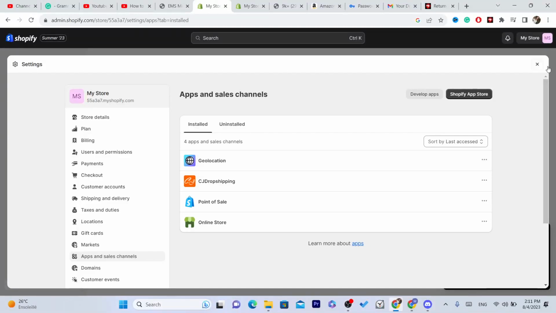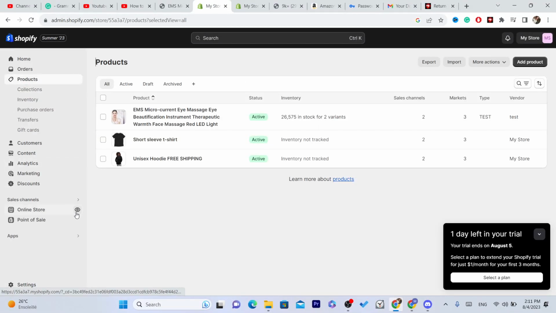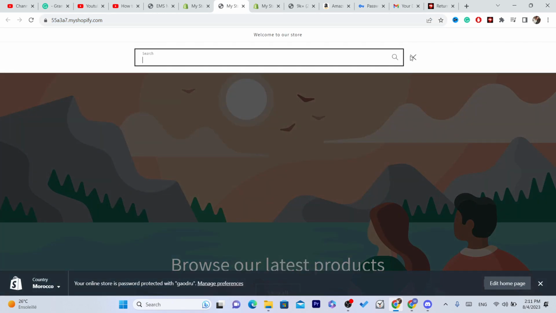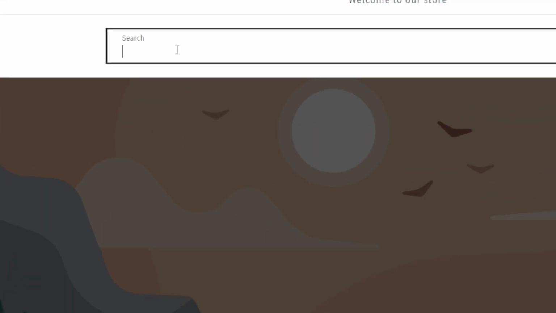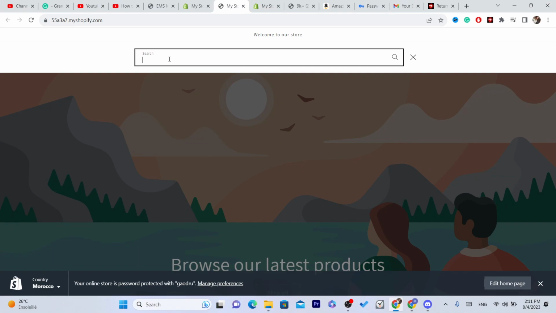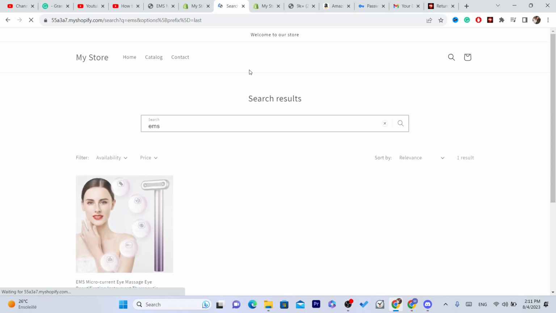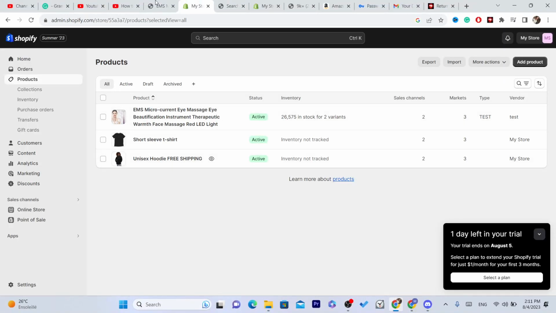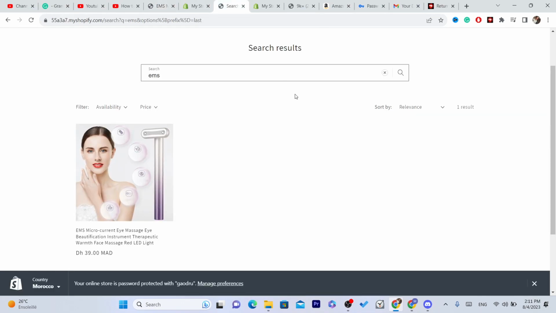Now if you go to your own Shopify store, you will find the search button. As you can see in the top right, everyone can search for anything. For example, let me just search for M, and people can search for anything, and you can customize this here. You can add different things. Okay,